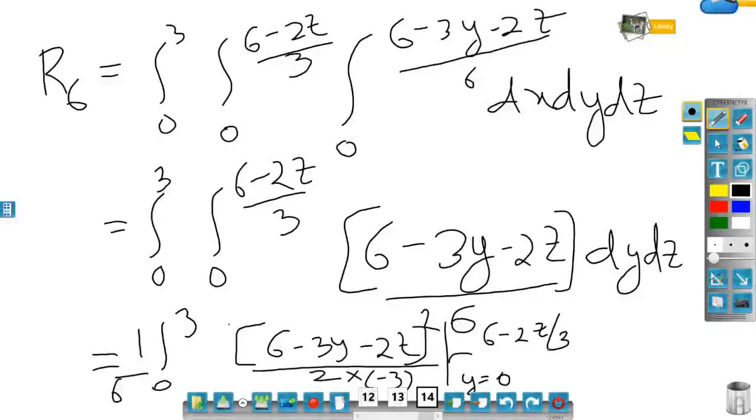by 3 and dz. Of course, the formula I have applied is a standard formula in your 12th standard. You must have learned that the integration of a plus bx raised to n with respect to x is a plus bx to the power n plus 1 upon n plus 1, upon the derivative of this linear term. So in this case, the derivative of a plus bx is b, so divided by b. That same formula I have applied here. So let me write this in a proper way.